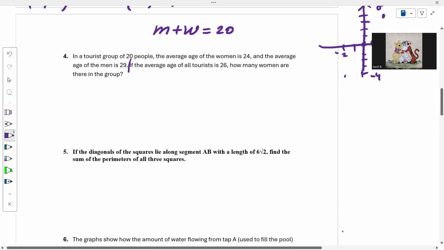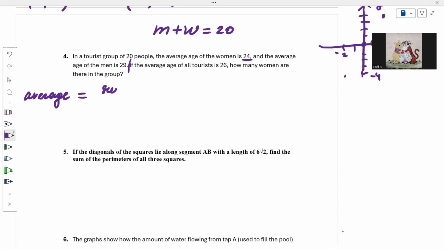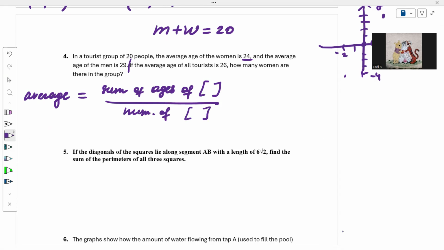The average age of women is 24. It means that, if you remember, the average formula for the arithmetic mean is the sum of all elements, the sum of age of men or women, divided by the number of men or women. So to find the sum of ages, doesn't matter men or women, you multiply the average by the number of men or women. All right, so from here we can find the sum